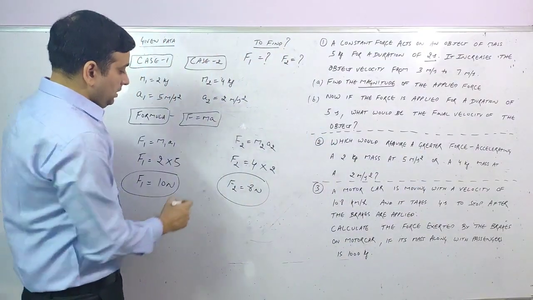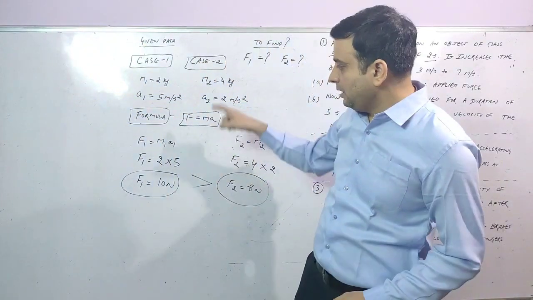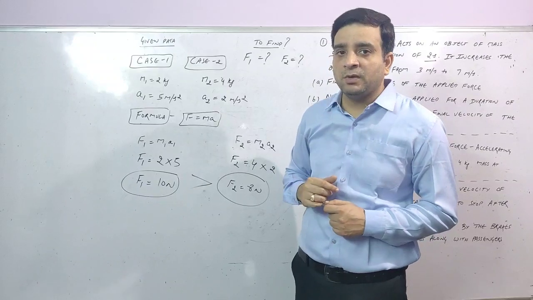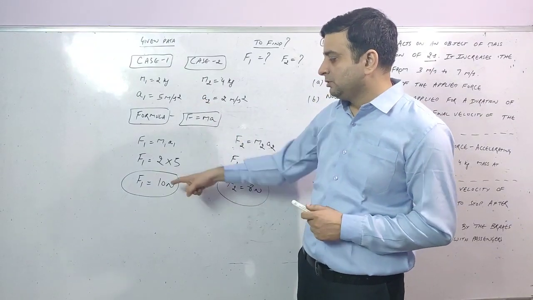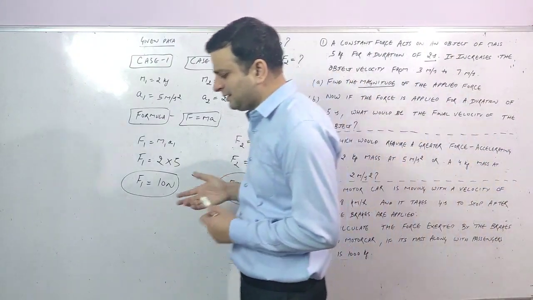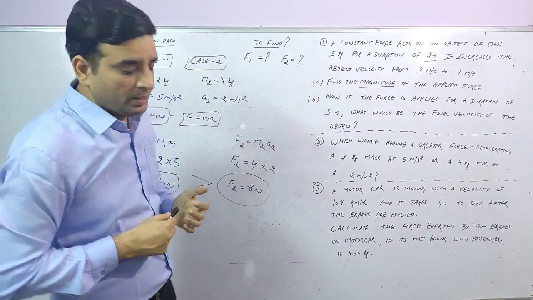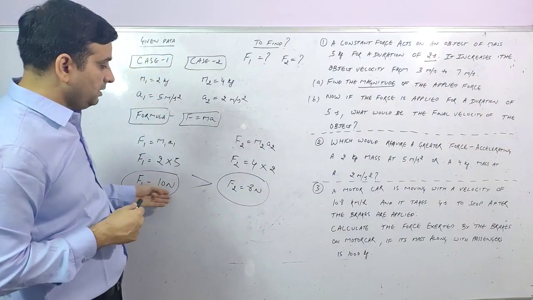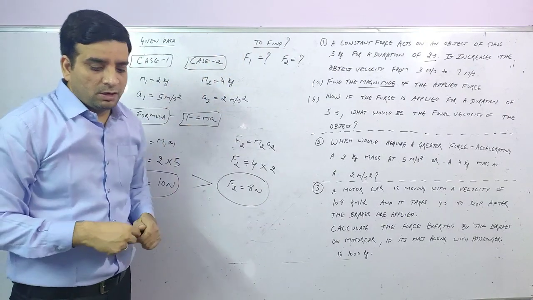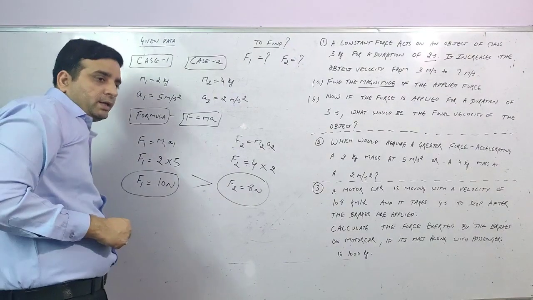So it is clear from this, F1 will require the greater force to accelerate. How much force will we apply so that the acceleration achieved by the first object will be 5 meter per second square? So in the first case we have to apply more force. I hope this numerical is clear to everyone. This is a simple numerical. We just have to find out the force in each case and then compare them. So by the comparison, the value of F1 is 10 Newton. It is more than that of the second case. So now you can take the screenshot of the second numerical. Next is numerical number 3.